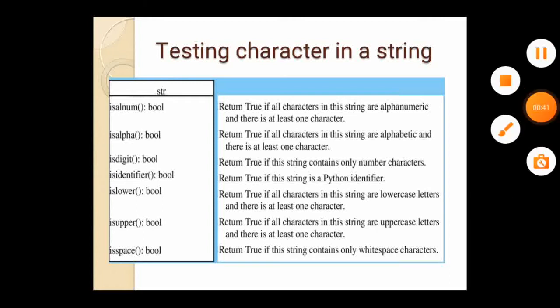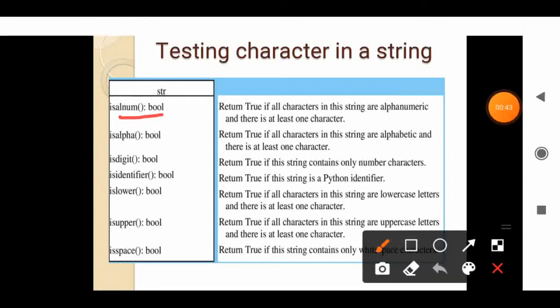The first function is the isalnum function. This function returns a boolean value, true or false. The isalnum function returns true if all the characters in the string are alphanumeric and there is at least one character. The next function is isalpha. It returns true if all the characters in the string are alphabetic and there is at least one character.